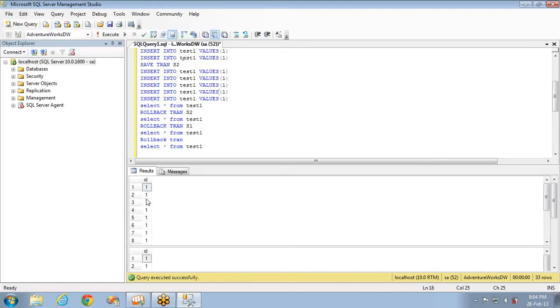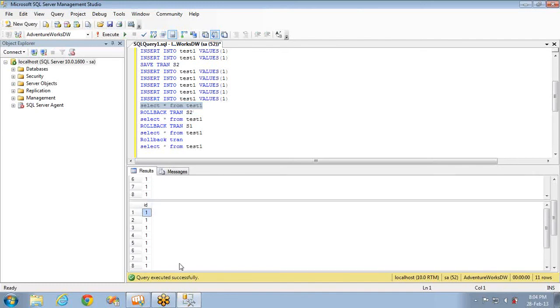You can see how many records inserted? 16 records. This is the first select statement we have after inserting all the records. And let's see the next one. This one has only 11 records. Why? Because this has been rolled back up to save point S2. That means 5 records are gone.